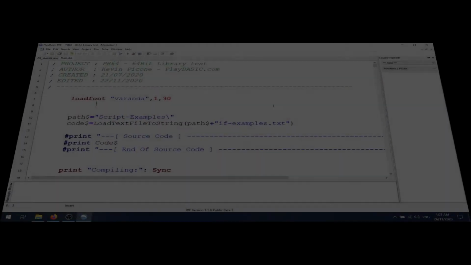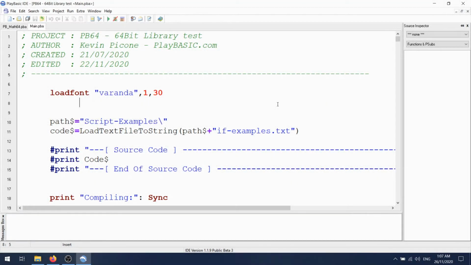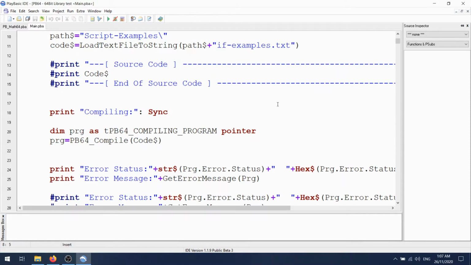Welcome back to the next little update of the scripting language, Math64, we're calling it, I guess, PlayBASIC, whatever you want to call it, I don't care. Since the last time, we've externalized the scripts, so they're just loaded from a text file.